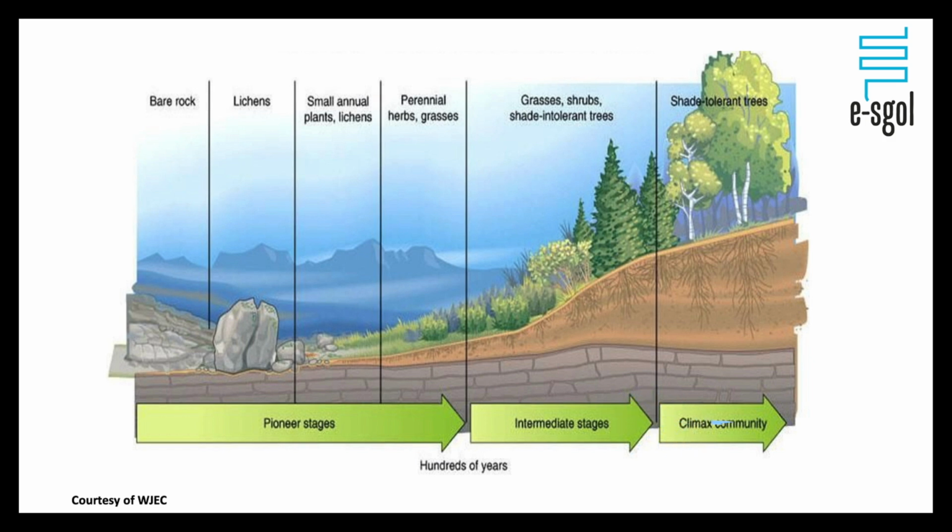Finally, we move to the climax community. As you can see, the soil is very deep and that enables the roots of taller trees to be anchored very successfully here. You can see here that we have more shade-tolerant plants. This is more like our woodland community that we know in Wales. So what we have are very few plants, very few shrubs on the forest floor, and mainly taller shade tolerant trees.